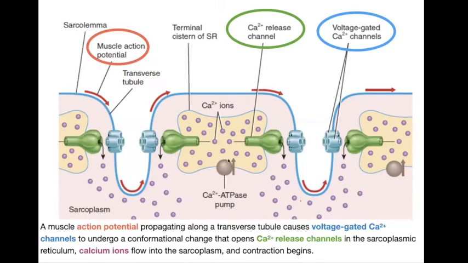interaction with this calcium release channel that's embedded within the sarcoplasmic reticulum. The change in conformation due to the voltage change over here causes this interaction to change somehow and release the calcium out of the sarcoplasmic reticulum. Everybody clear on that? Muscle action potential comes down. Voltage gated calcium channels are within the T tubule membrane. Your calcium release channels are within the sarcoplasmic reticulum. That's going to release the calcium.